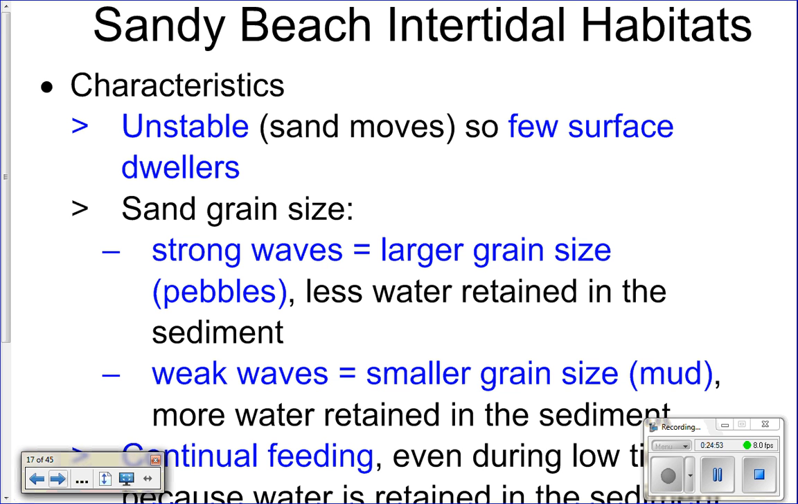Whereas in the rocky intertidal zone, it's kind of hard to dig into rock, so animals attach to a surface, so you see them on the surface. Okay, so the top layer is very unstable in the sandy intertidal,